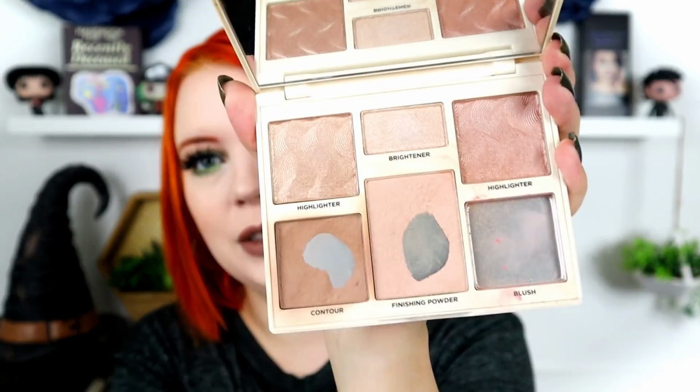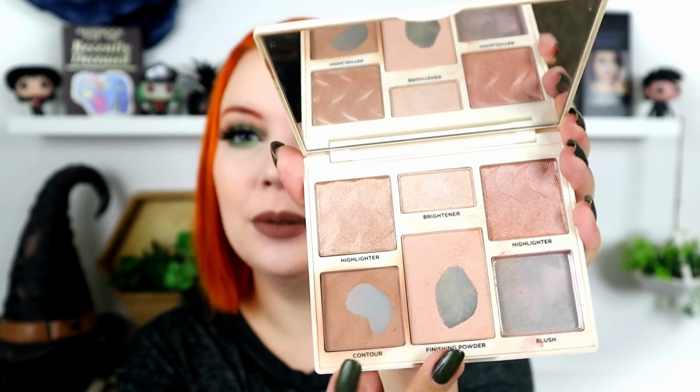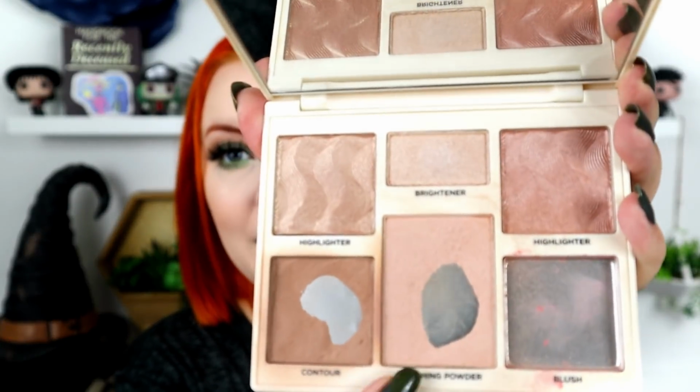To tell you the truth, I wasn't like, oh, this is amazing when I first unboxed it until I used it constantly, and this is one of 4 that I've had now. So this is my most used one, clearly. This blush fell out when recording a video a couple weeks ago, but I use these 2 every day. I mix them together for my contour color, and I use my F83 from my Sigma brush set to contour with, and it makes a really nice contour color that is not too warm for me. A lot of people said they didn't like this palette because they didn't like this big